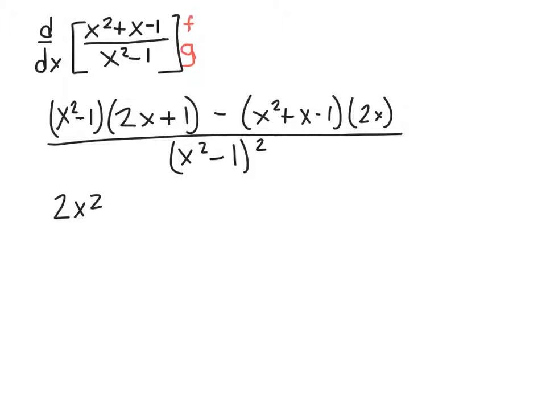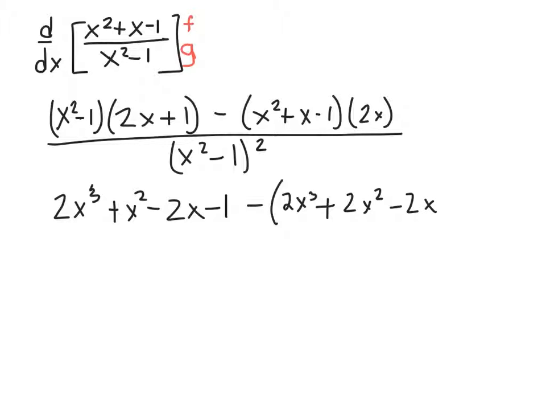I'm going to get 2x squared plus, I'm sorry, that should be x cubed plus x squared minus 2x minus 1, and then minus 2x cubed plus 2x squared minus 2x. Okay, and then that's all going to go over the denominator, but I'm just going to